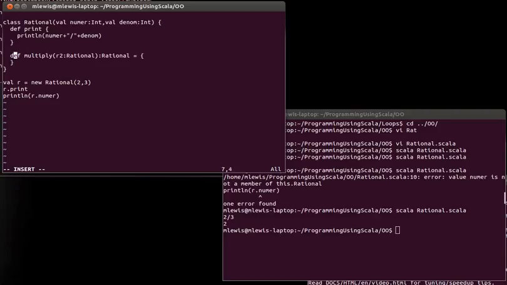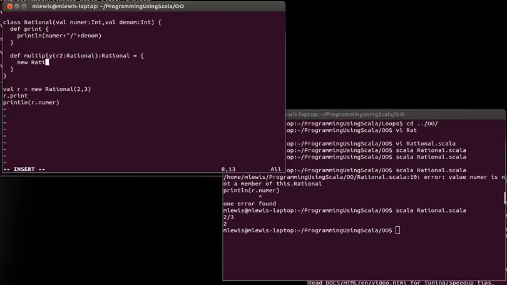Note that I have made my Rational type immutable. If your only data members are here in the argument list and they're all vals, unless they happen to be vals of mutable data, the entire class itself will be immutable. So a lot of times we will prefer to make things vals over vars, as has generally been the case for Scala, so that we wind up with immutable objects. So how do you do